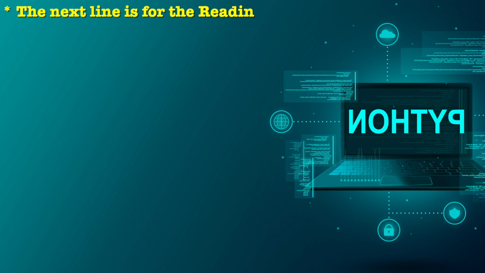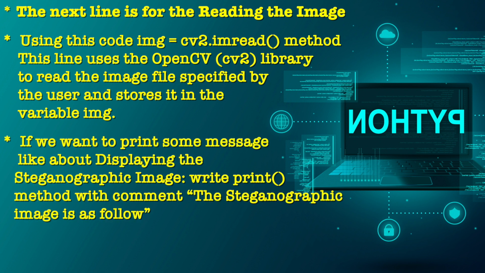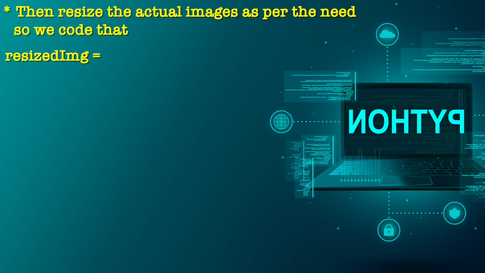The next line of the code is for reading the image. Use image equal to cv2.imread method. This line uses the OpenCV library to read the image file specified by the user and stores it in the variable image. If we want to print some message like displaying the steganography image, we have to type the print method with the comment: steganography image is as follows. Then resize the actual image as per our requirement. We type resized_image equal to